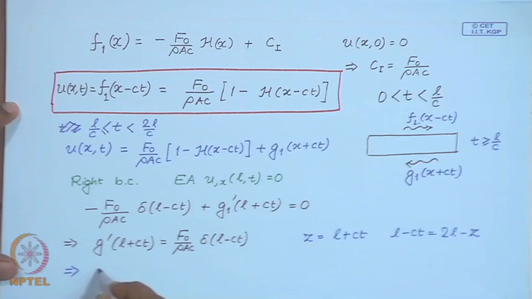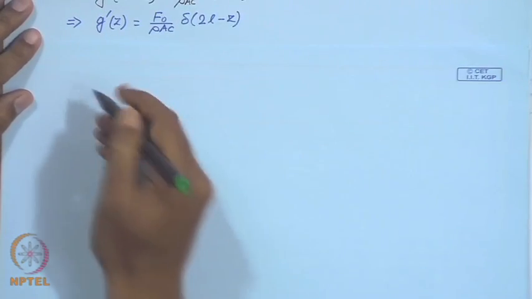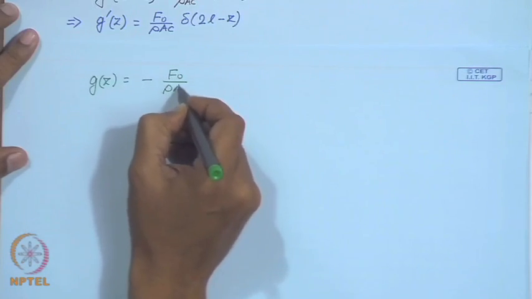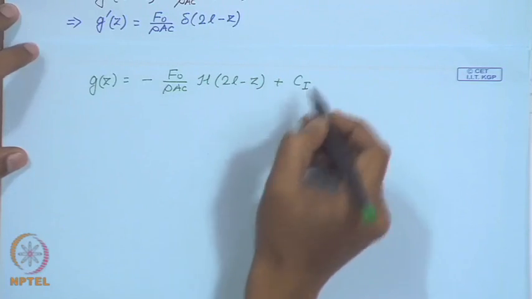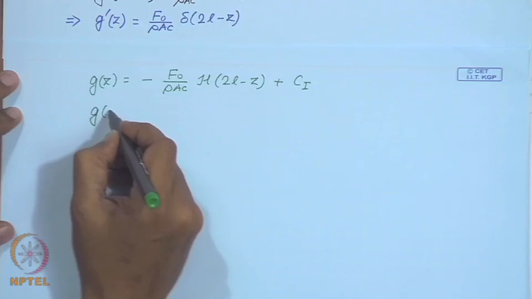So, then g prime is given by this expression, and if you integrate this expression, again C 1 is the integration constant. So, g of x plus C t